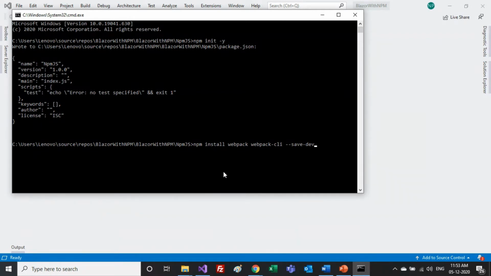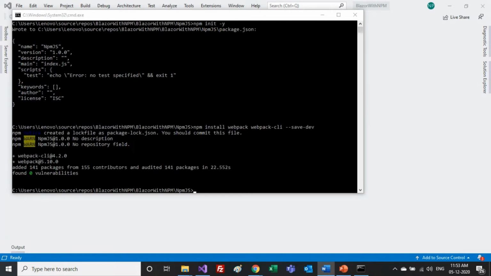Once I press enter, it will automatically install all the Webpack dependencies, which will help give me a beautiful communication between open source or other npm packages and my Blazor application.